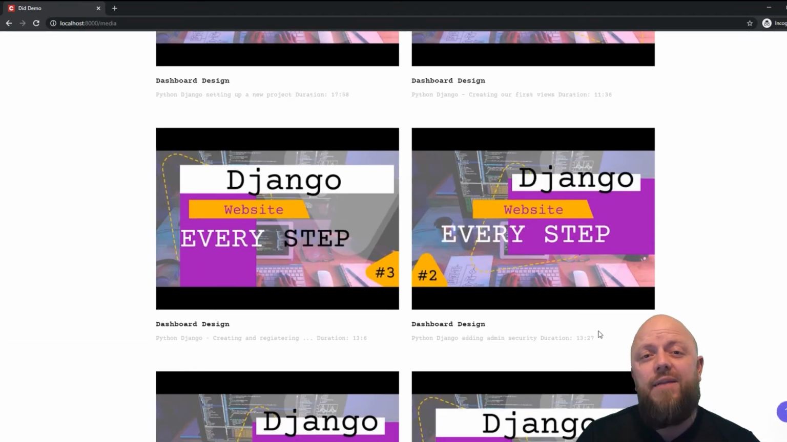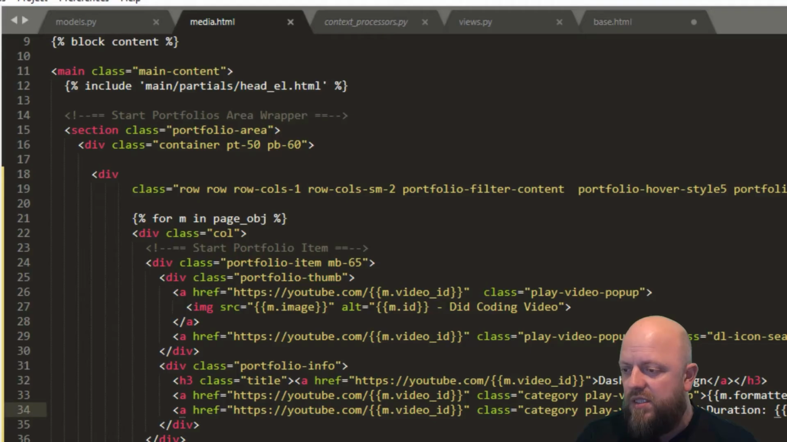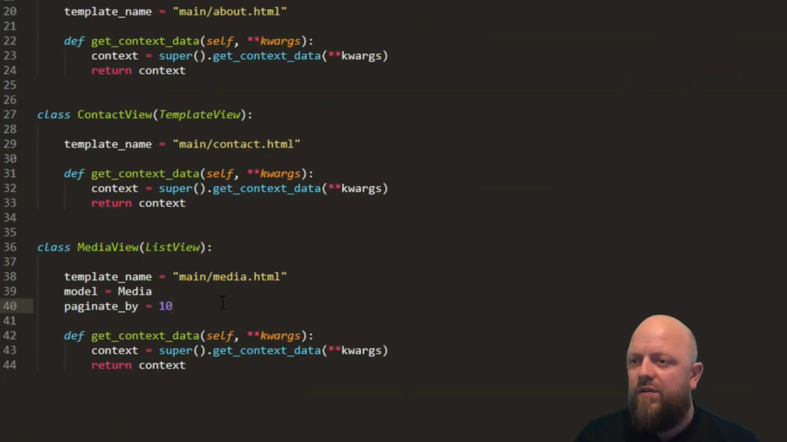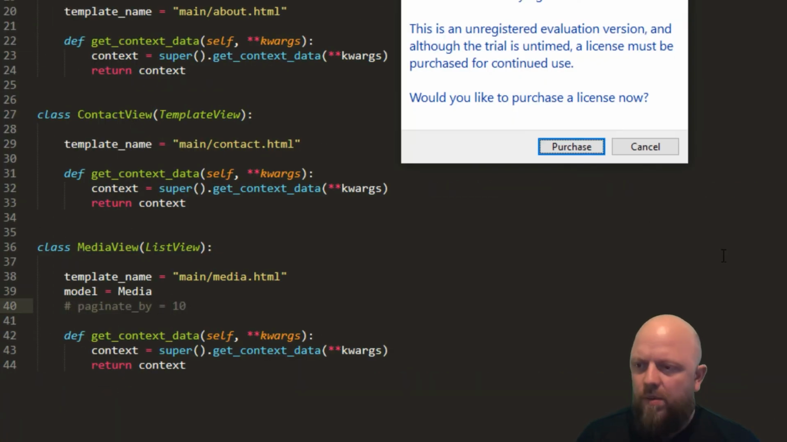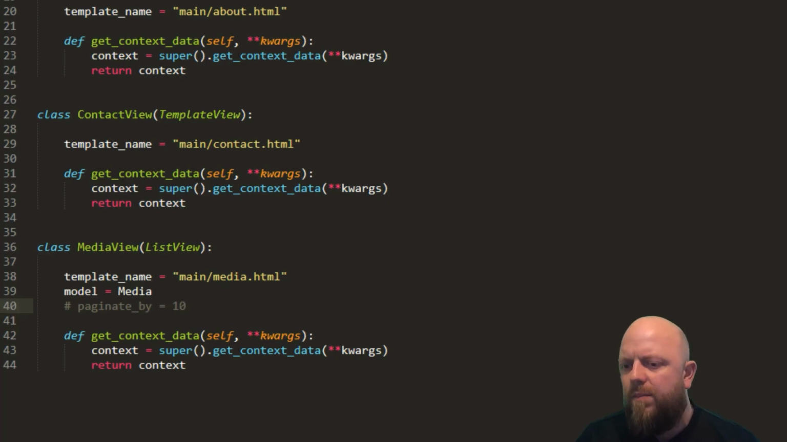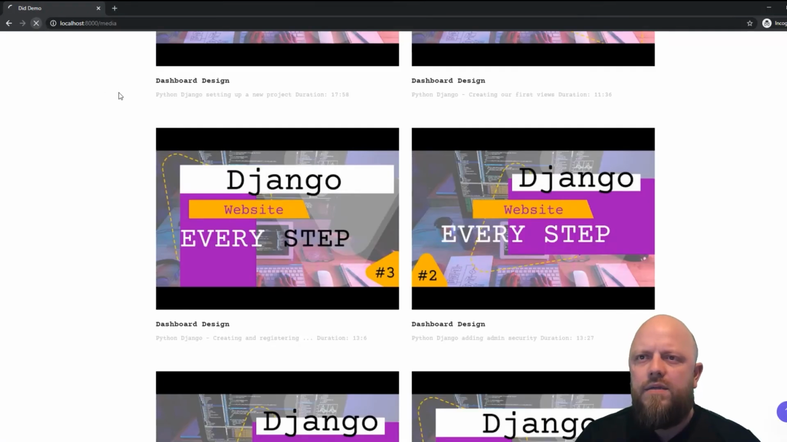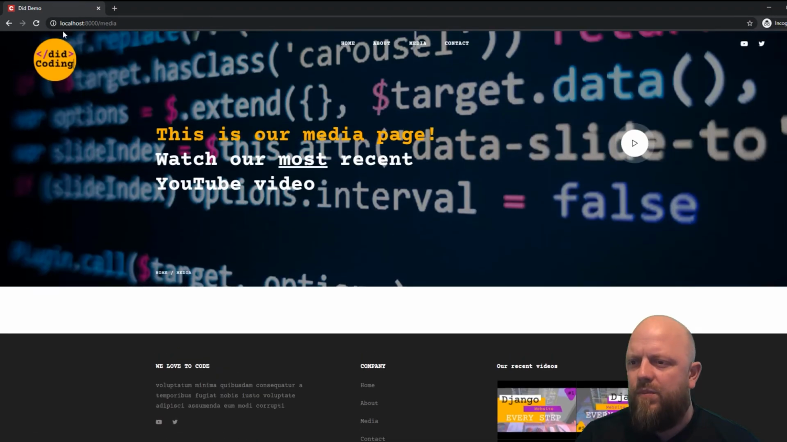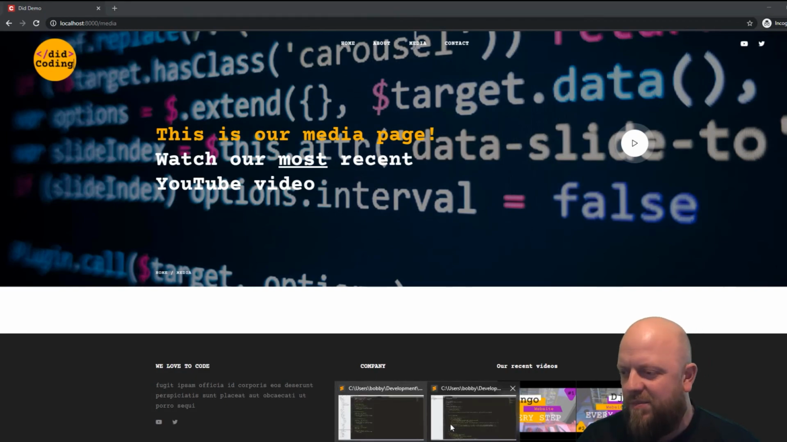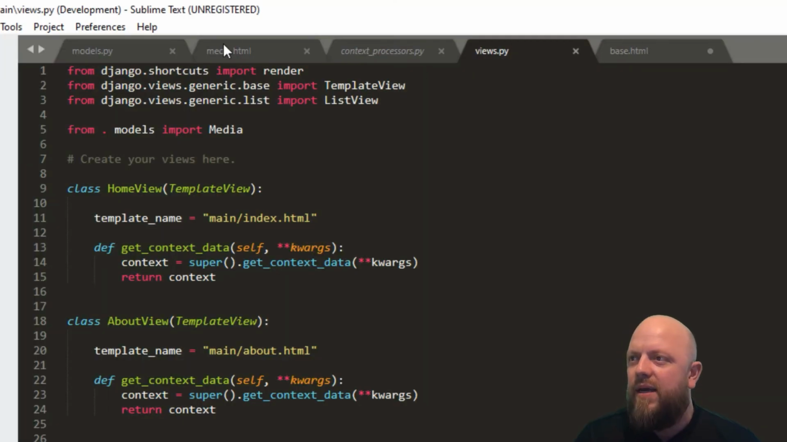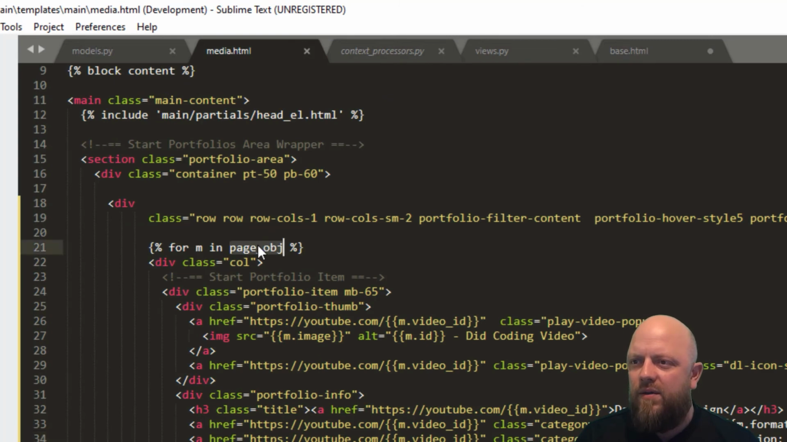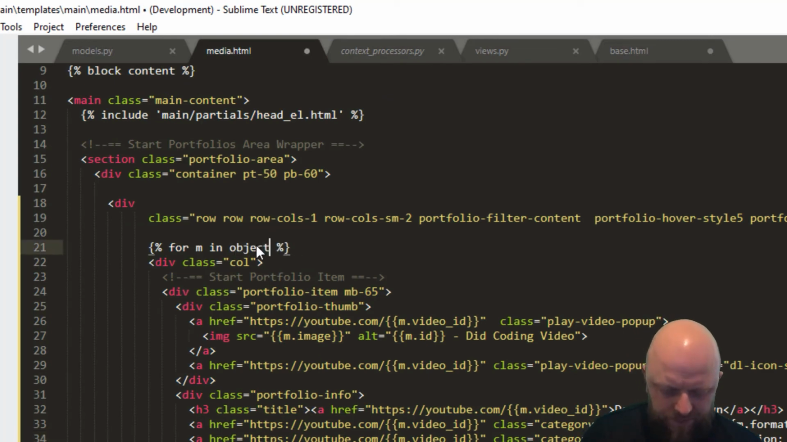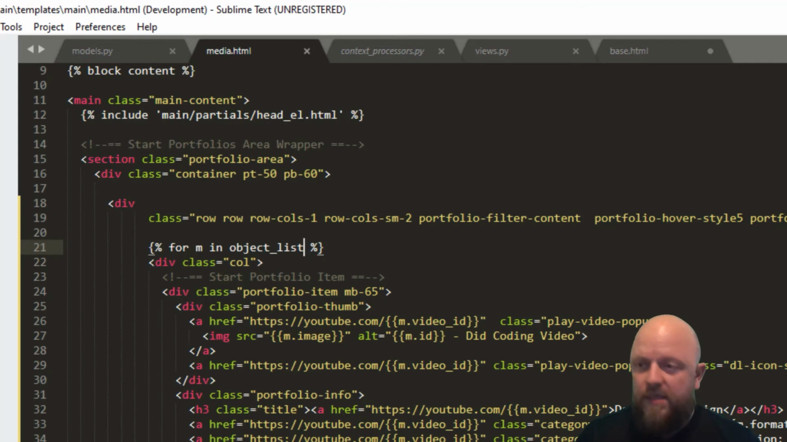No, because I'm paginating. So if I remove pagination from views, I'll show you what I mean actually. So just comment that out, save, and then go back in here. Yeah, because I'm accessing it by using page object. So go back into media and go object list, save,